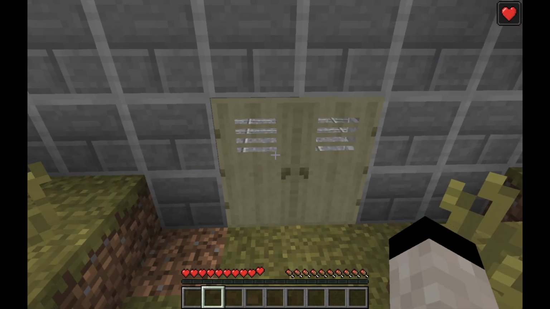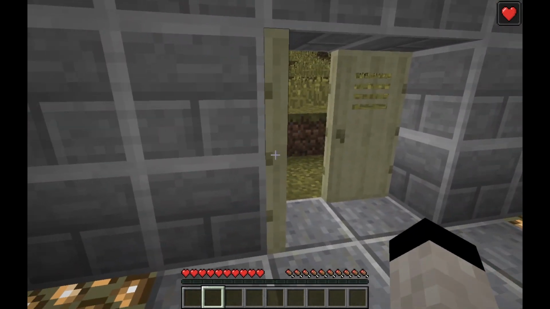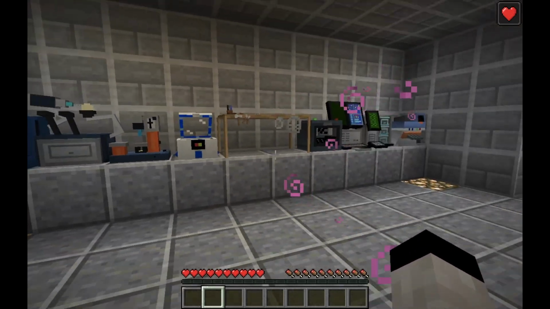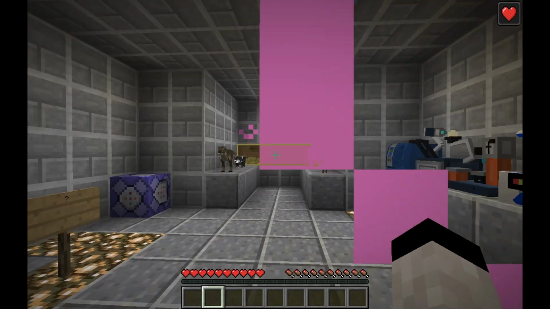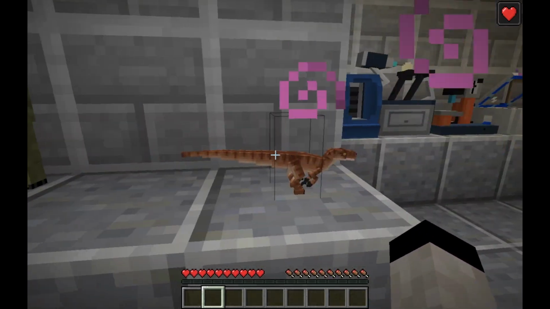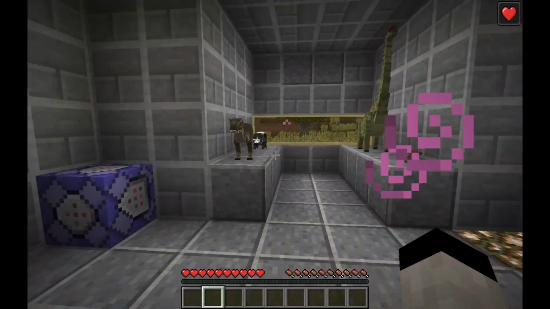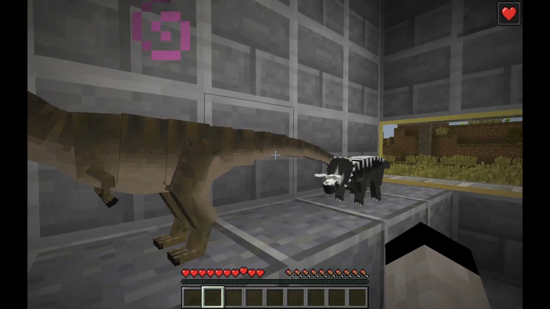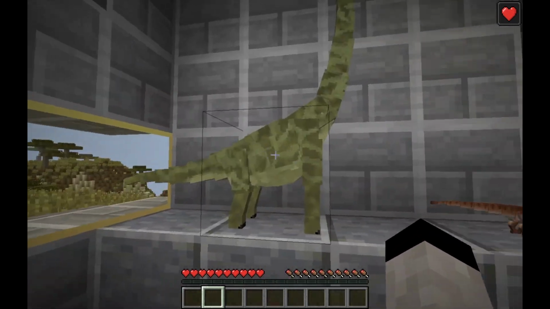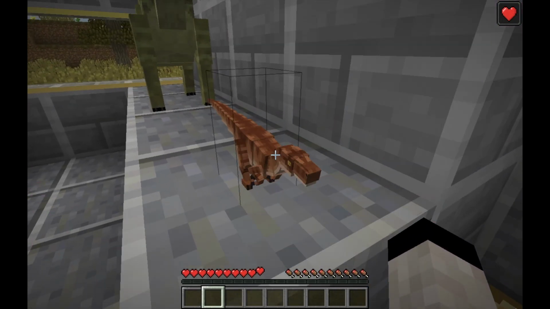So today we are checking out the Jurassic World Reborn mod. This mod, as you can see, uses a lot of assets from Jurassic, but a lot of new things have been remodeled, such as the incubators and a lot of the main dinosaurs. I have 4 new dinosaurs right here to show you. The most famous from the Jurassic Park franchise, I have Tyrannosaurus Rex, Triceratops, Brachiosaurus, and the Velociraptor, which is not